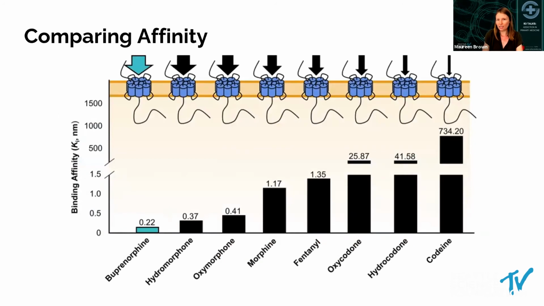So going back to that affinity piece, this is another important principle when it comes to how we understand buprenorphine and how it interacts with our patients' other medications. So affinity is how tightly a molecule binds to the receptor, and a lower affinity constant means tighter binding. And so you'll see here on this chart that bupe, when we compare it with all of the other commonly prescribed opiates that we usually encounter, has the highest affinity for the opiate receptor of any. And so this is really important when it comes to thinking about how we make a transition for our patients from one opiate to another.